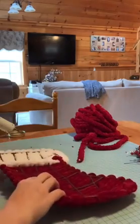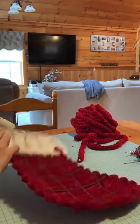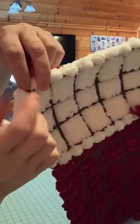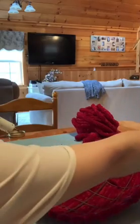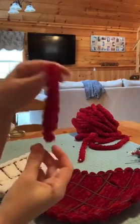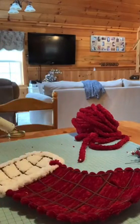Now, I need something to anchor this on. So I get up here, you can see this grid, and you've got these little things. So I'm going to use another zip tie because I'm not going to trust the glue to hold this, especially if I'm going to use this to hang it with. So I'm going to take a zip